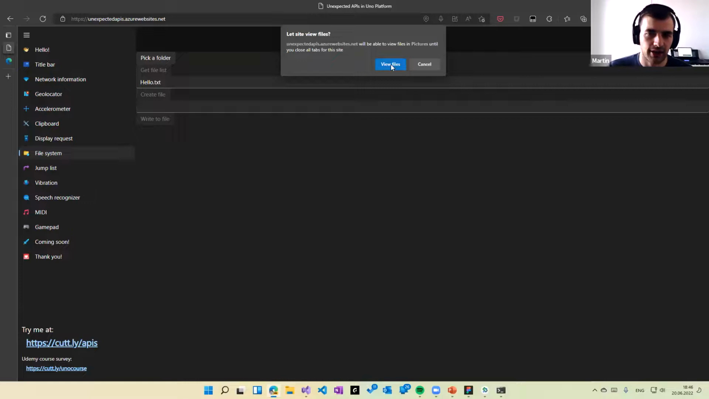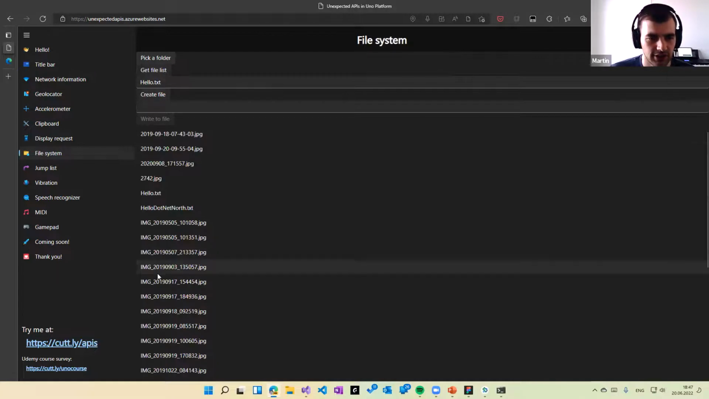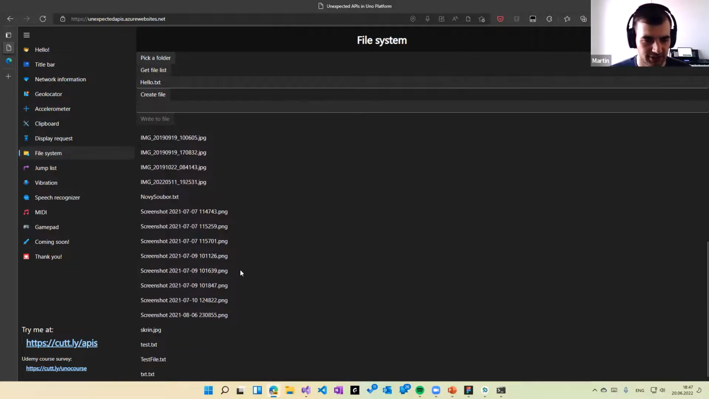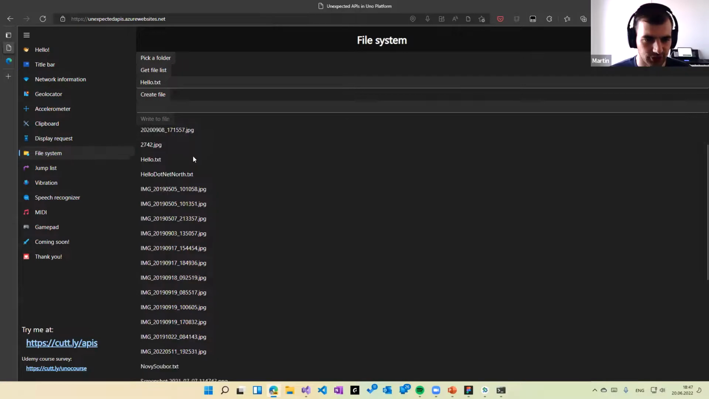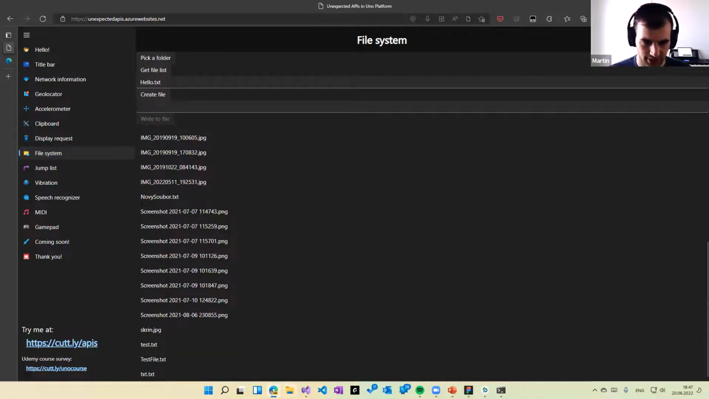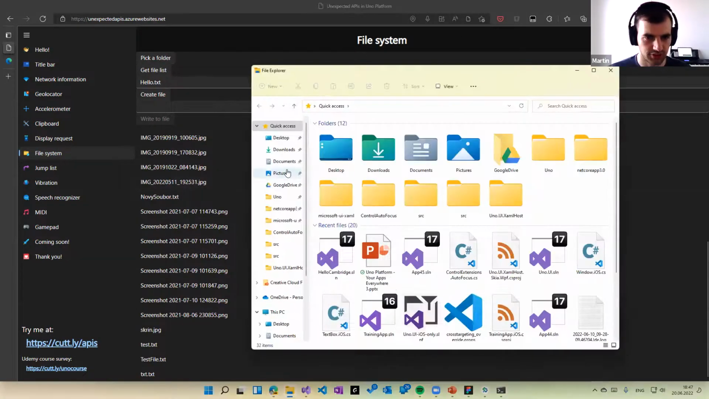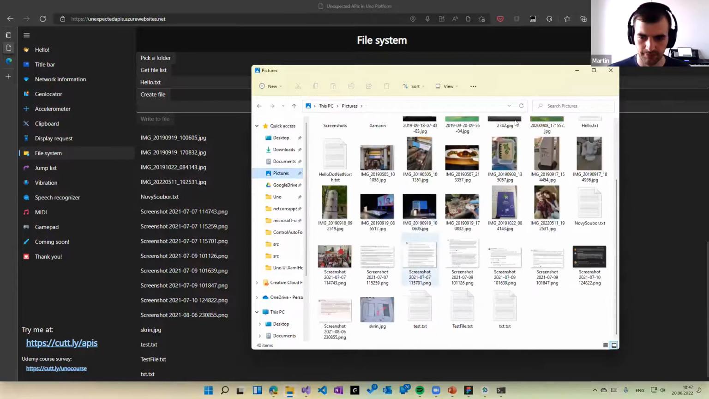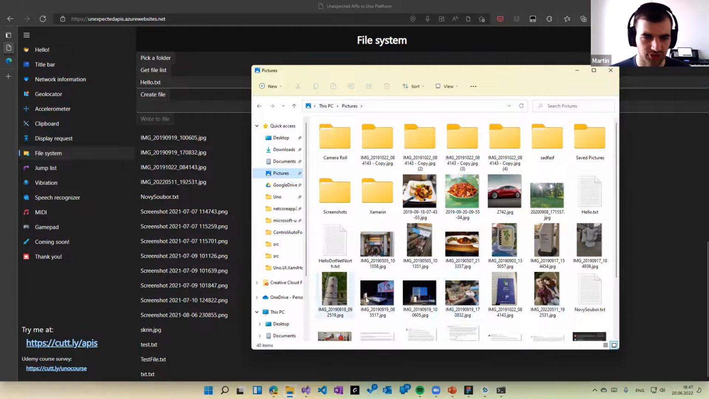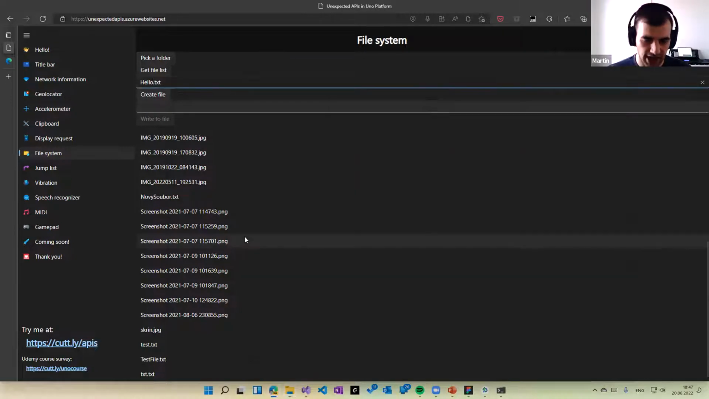And when I add permission for the website to access my file system, it will actually list all the contents of that folder. So you can see there's a lot of files there. And I can prove that that's actually there. You can see all those files are showing up here. And I can also create specific files. So I can do hello Cambridge